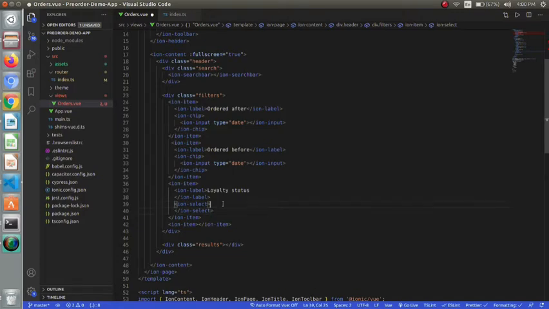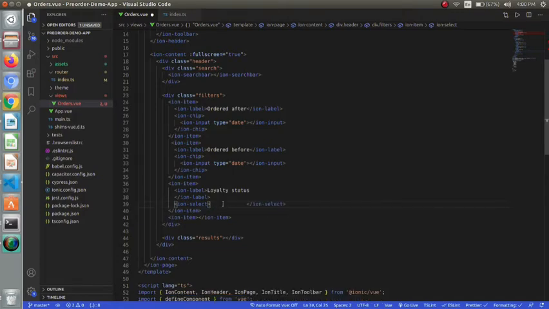We are having a select over there, so I am using ion-select for this.